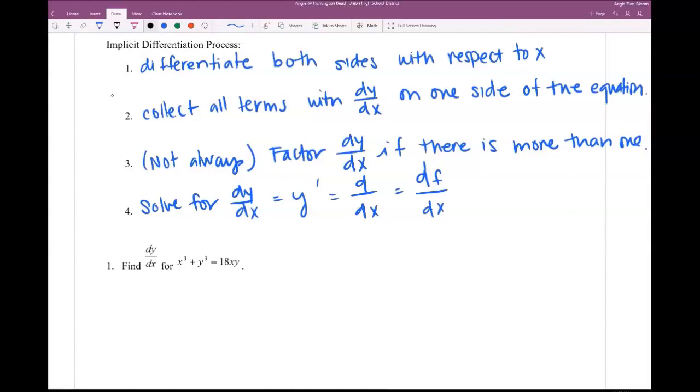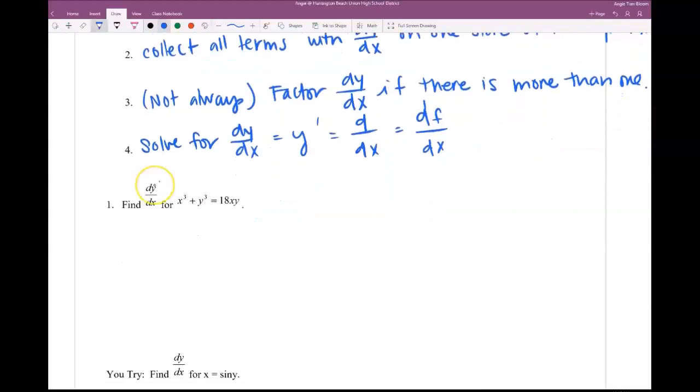So an example of that is right here on number 1. Find the derivative with respect to x for this equation. Notice how it's not written as y equals, okay? So this is the type of equations that we're talking about. We are going to assume, imply that x is the input, so that's why we are trying to take the derivative with respect to x. So step number 1 said, differentiate both sides with respect to x. Because we are taking the derivative with respect to x, 3x to the third is now 3x squared plus